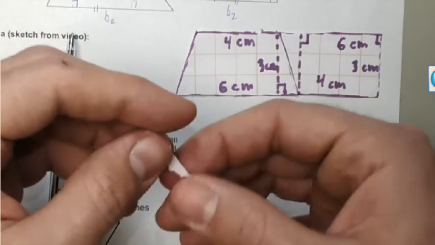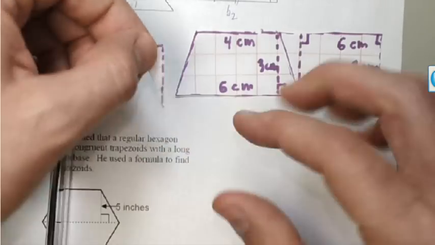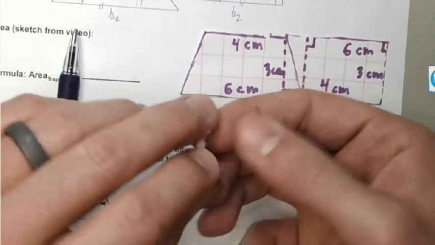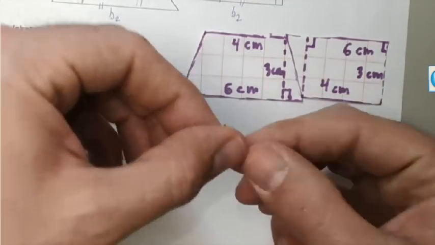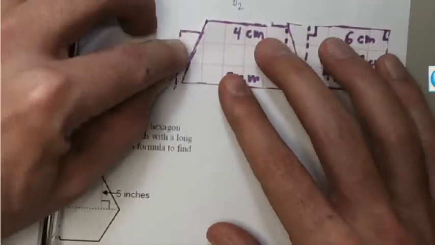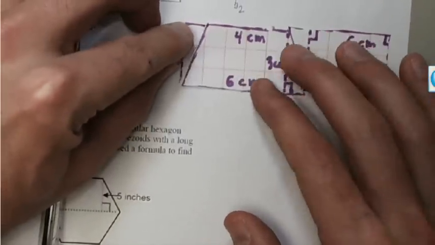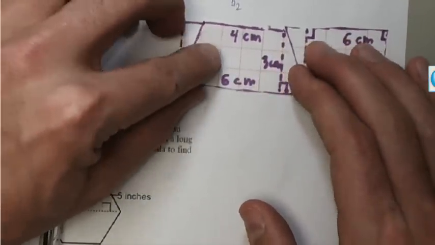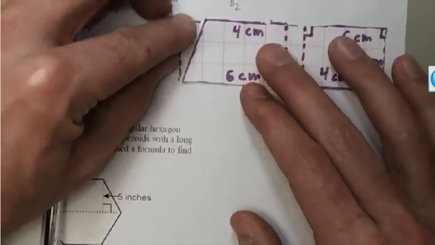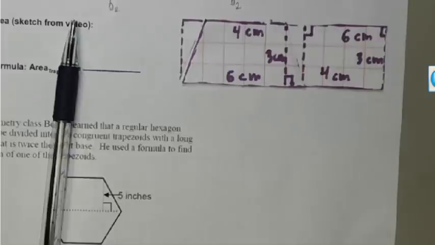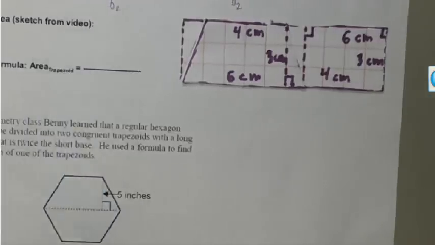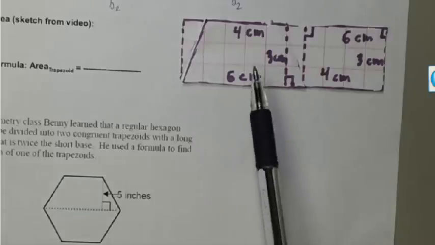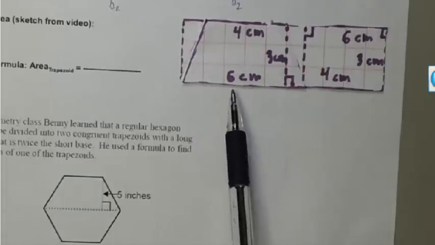And then I just attach that side right there. I end up with something that looks very much like a rectangle. Isn't that cool? So if I'm going to find the area of one trapezoid, if I can add the lower base, the top base,